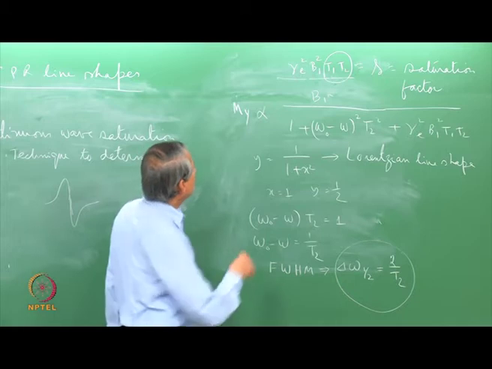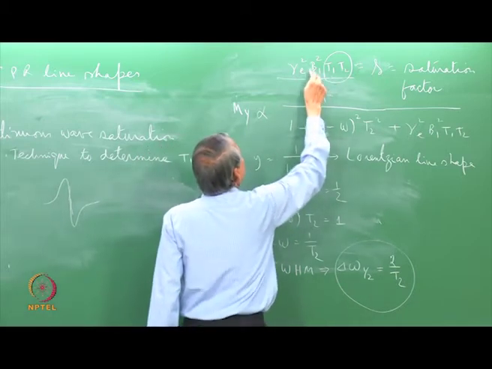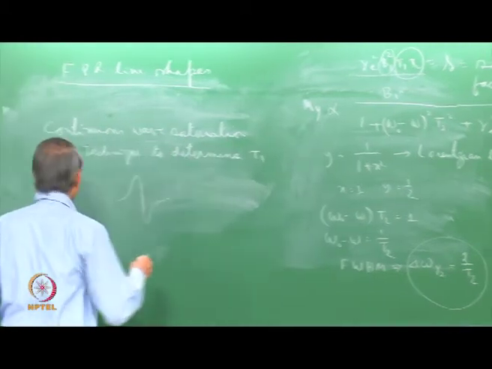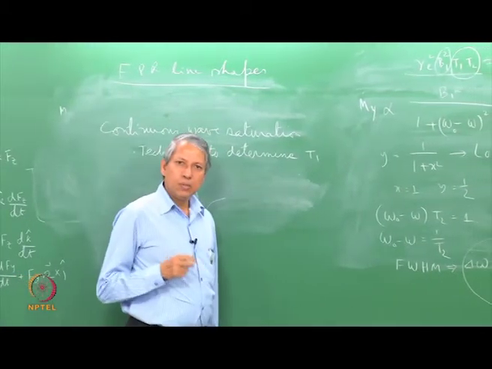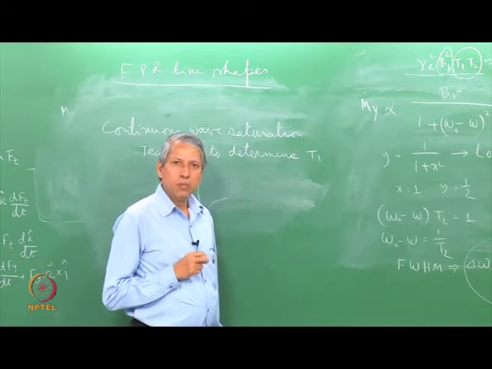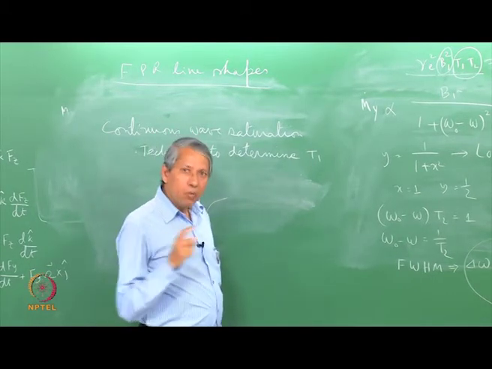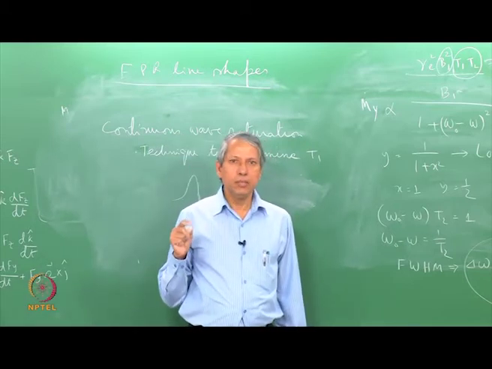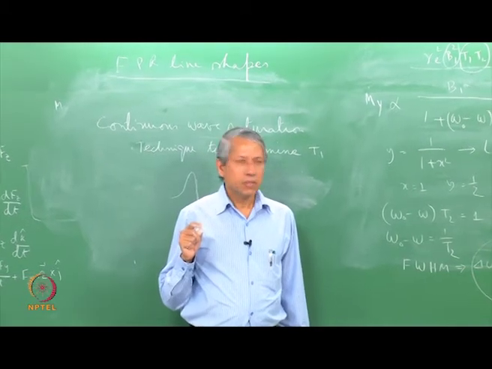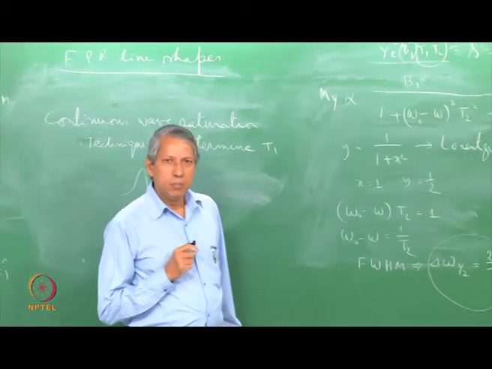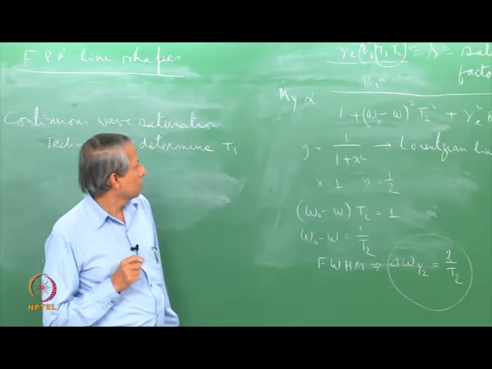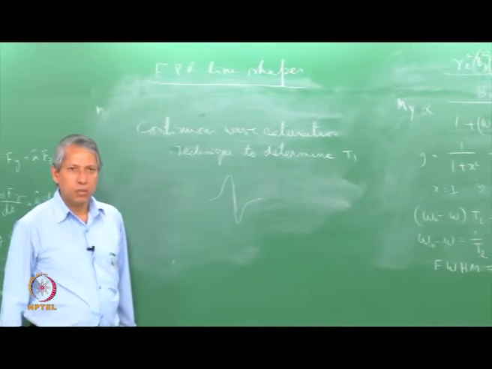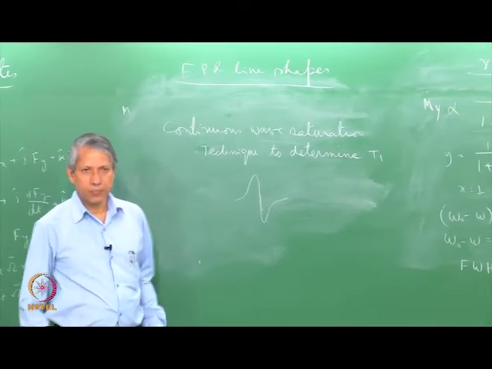And also one has to have a very accurate measurement of the microwave magnetic field B1, and that is not very easy to know unless one makes a very careful estimate of B1. We can measure the microwave power very accurately, but how that microwave power forms a standing wave inside the cavity and how the B1 field is experienced by the sample needs very, very careful measurement. That is not a very easy task. Nevertheless, this way of measuring T1 and T2 is possible if one takes care of these things.